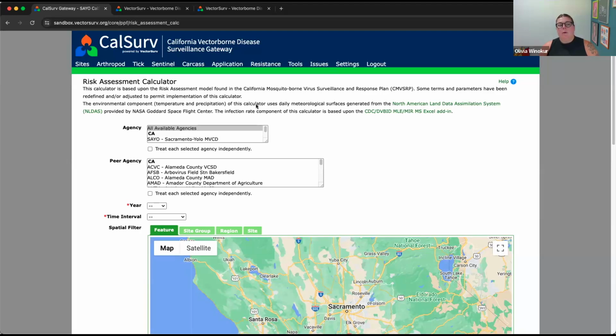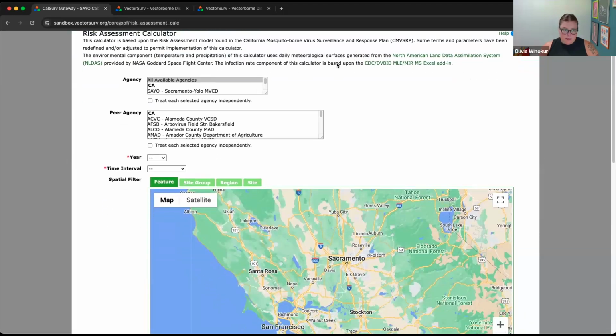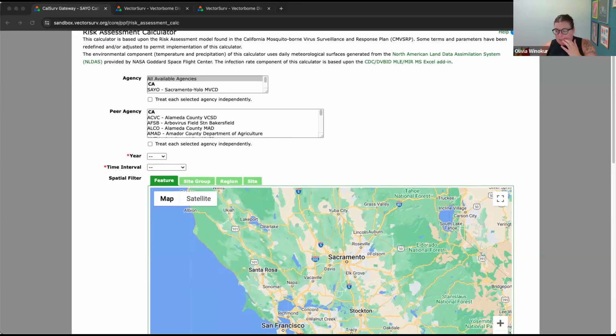It also tells you where the environmental data that is pulled into this calculator is from. Basically, this risk assessment calculator is bringing all of this together. Just like vector index was bringing in the two previous calculators, the pool infection and the abundance, this is bringing in vector index and other information. So it's bringing in environmental data, and bird surveillance data if you have it: positive dead birds, and any seroconversions of chickens if that's something your agency or state does. This calculator still works if you don't have